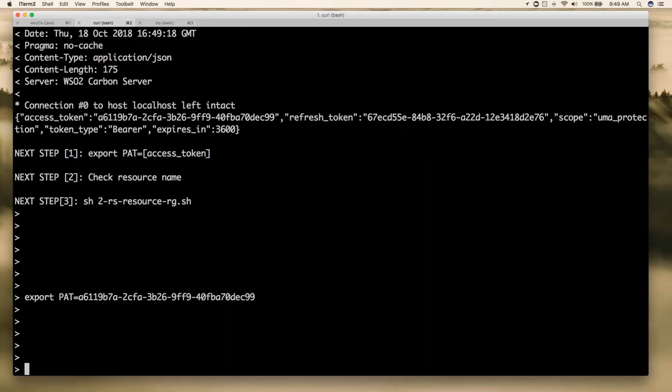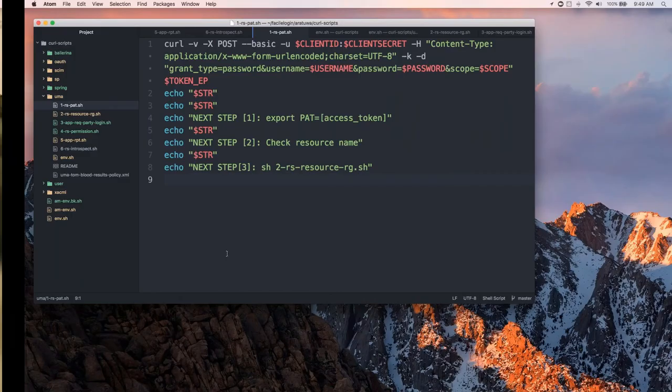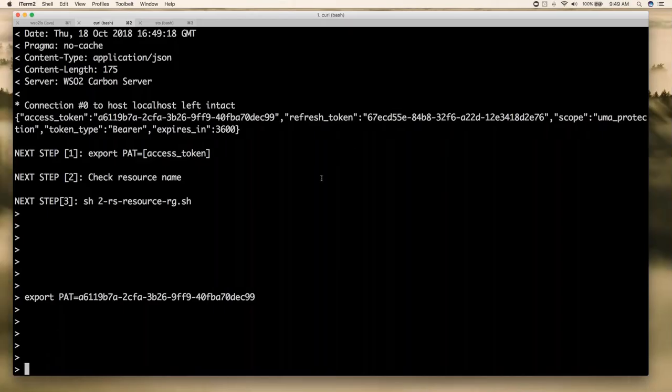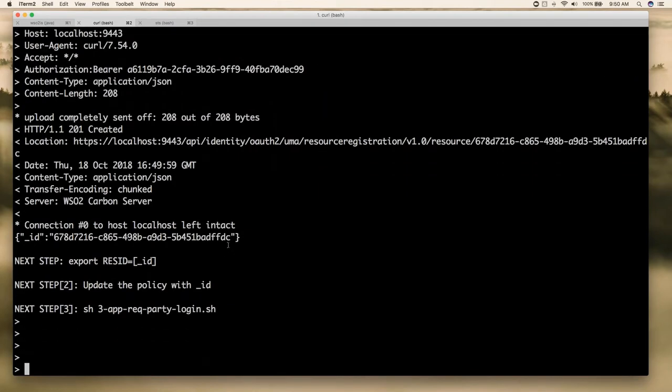Okay. Then after that, I do the resource registration. So this is that curl command. I'm registering this resource under this resource type with this set of scopes, and passing the PAT in the authorization header. Okay, so now I got the resource ID. Here you can see we are not supporting the policy URL, and policy URL in fact is optional in the UMA spec. So I got this one. Now I'll export this